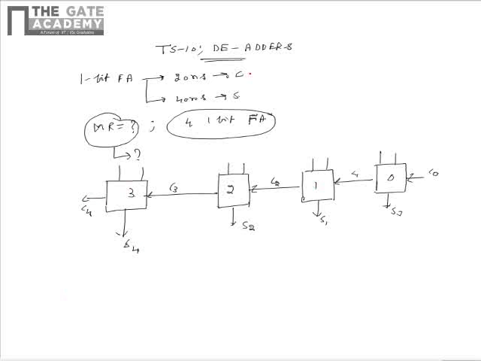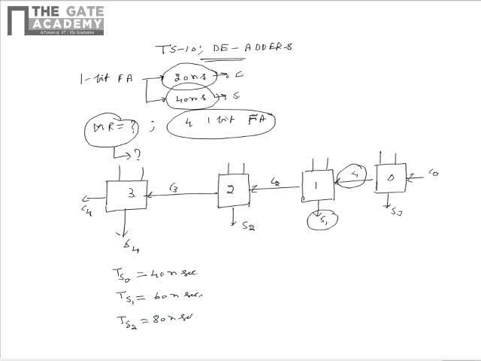And it's already given that for producing the carry bit, the time delay is 20 nanosecond, and for producing the sum bit, the time delay is 40 nanosecond. From this we can say that the time delay for getting S0 is equal to 40 nanosecond, and the time delay to get S1 is equal to the time delay for C1 plus the time delay for S1, which is 60 nanosecond. And similarly TS2 can be written as 80 nanosecond, and this is TS3.